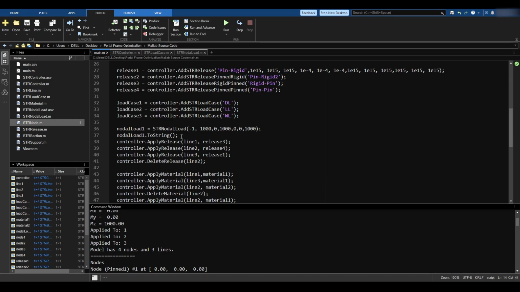Hello everyone, and welcome back to a new video in programming the finite element method using MATLAB. In this video, we are going to continue our work on the nodal loads, in which we are going to let the controller control the nodal loads and keep track of all the nodal loads that have been defined. Because as we know, we are following the MVC model view controller programming paradigm, and this is not good